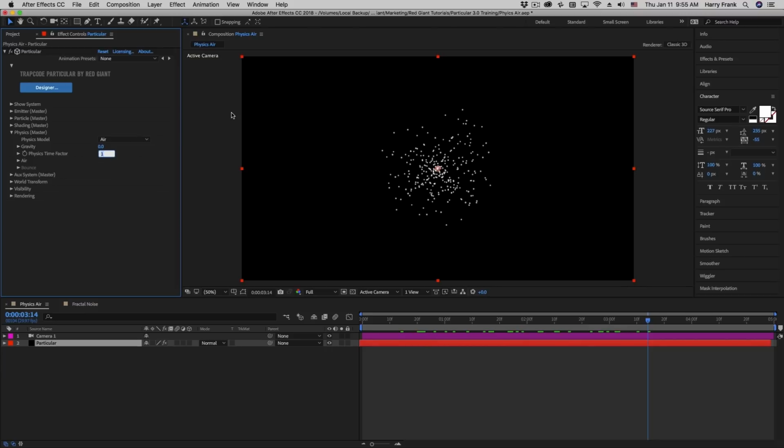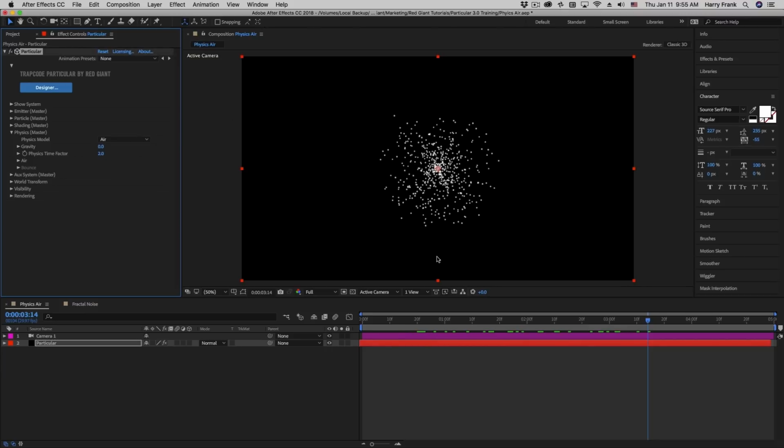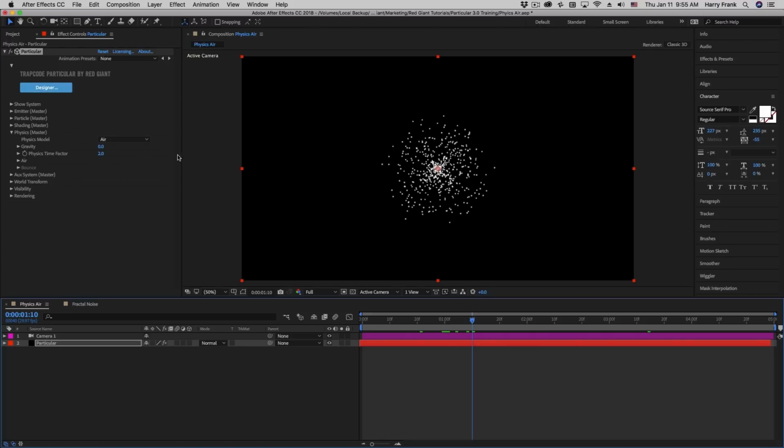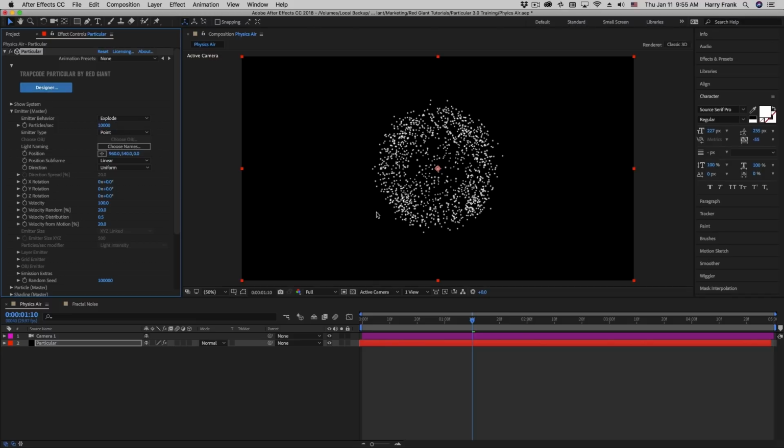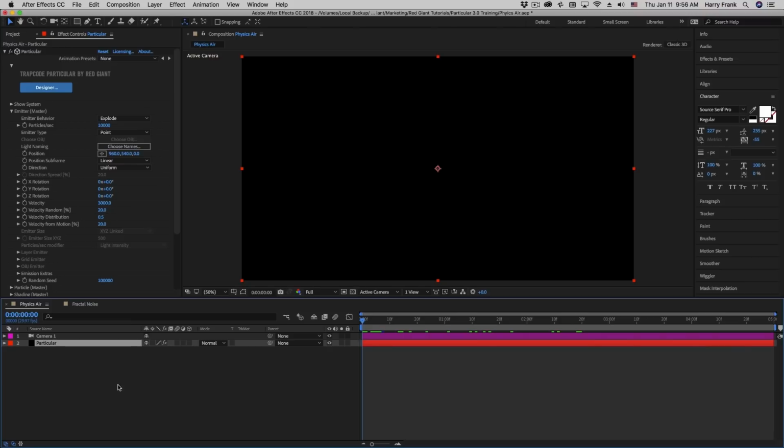If I turn this up to 2, the velocities, the acceleration due to gravity, all that kind of stuff, it will all double and essentially run twice as fast. Now, to demonstrate a quick example of how this is useful and what some ramifications are of using physics time factor, let me set up a quick explosion here. I'll go into the emitter behavior, set this to explode, and set the particles per second to 10,000. So if I rewind to the beginning and hit play, we'll see that we have a very quick burst of particles that